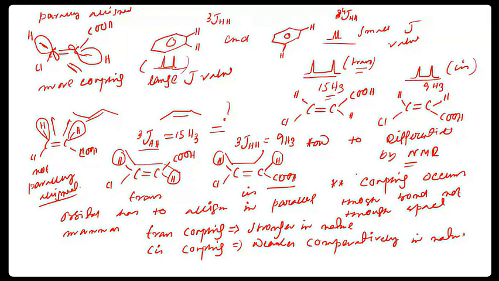So what we learned here: first, we are learning by statement, with the basic theory, rather than by solving problems. Coupling occurs through bonds, and if the orbitals have parallel alignment, then the coupling will be stronger. So in the case of trans alkene, we have parallel alignment of the orbitals. That's why it's stronger in nature. That's why we have a higher 3JHH value, 15 hertz. For the cis one, it is weaker in nature because their orbitals are two CH bonds